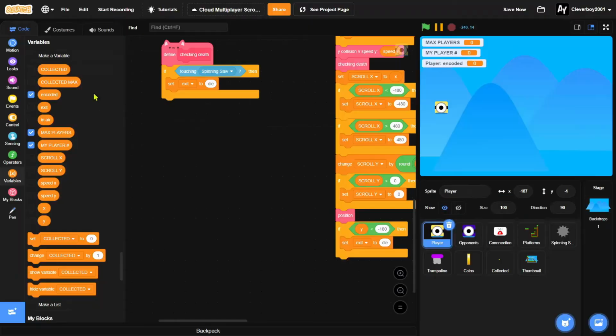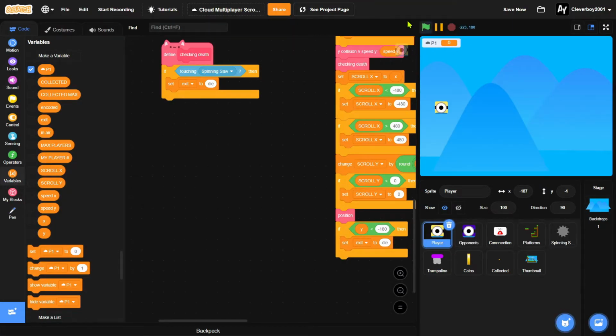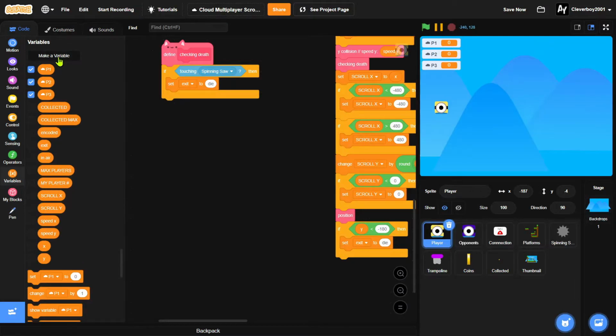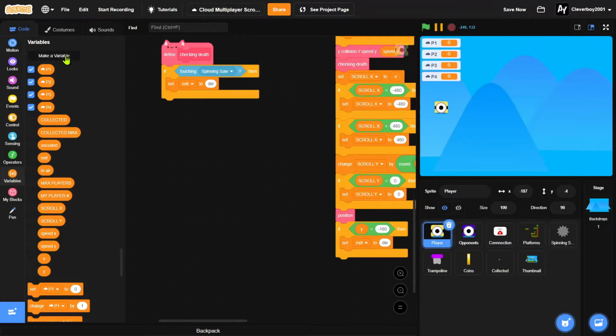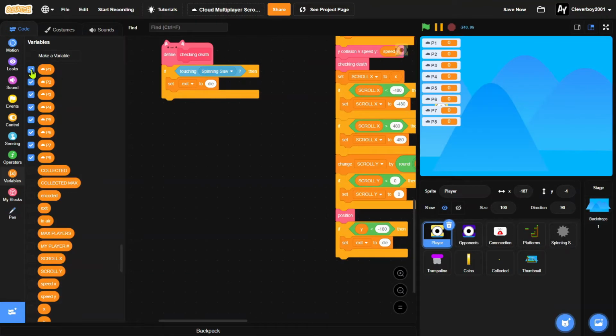and we'll need an encoded for this sprite only, and we need some cloud variables. So name this p1, cloud variable stored on server. Okay, just X that one and make it until 8. P2, P3 until P8. Can skip this part. Okay, so let's hide all of them,